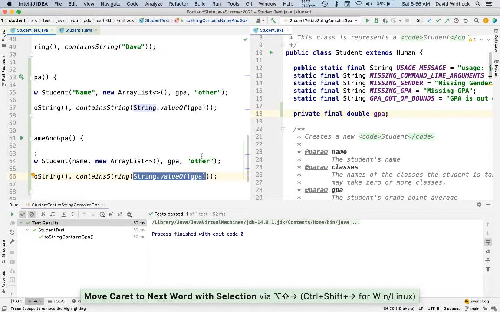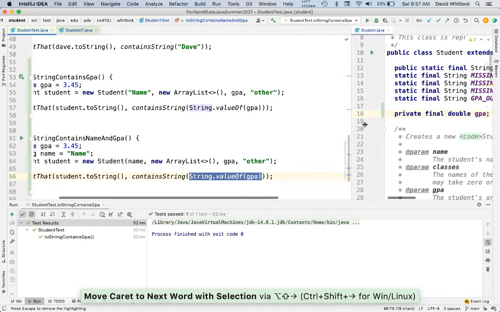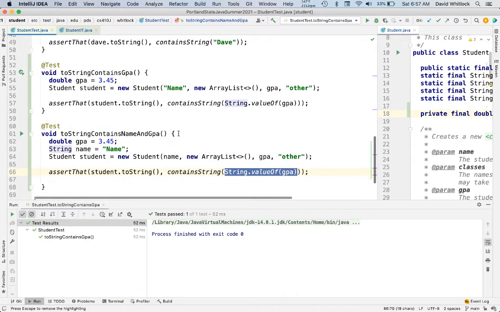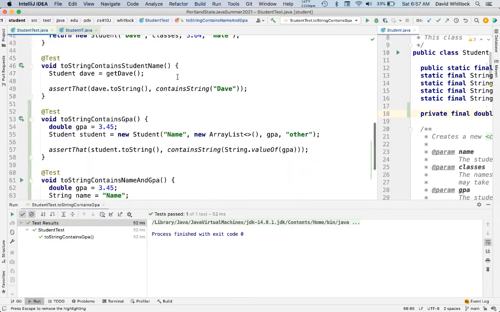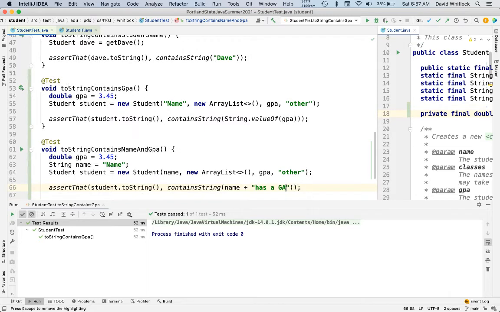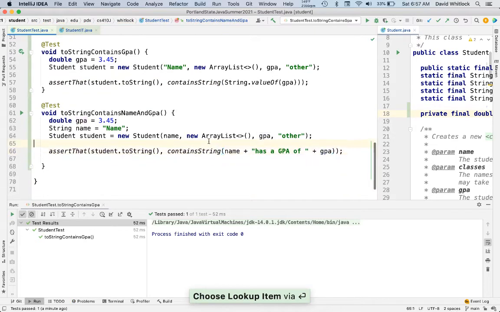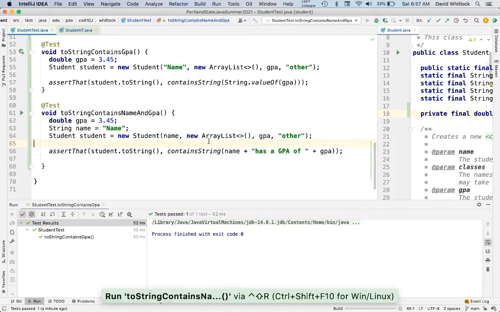Sorry, I don't know if it's better to have them side by side to go back and forth, but we want to say name has, is it lowercase GPA or uppercase GPA? The GPA, yep. GPA of GPA. Okay, and so now if we run this,